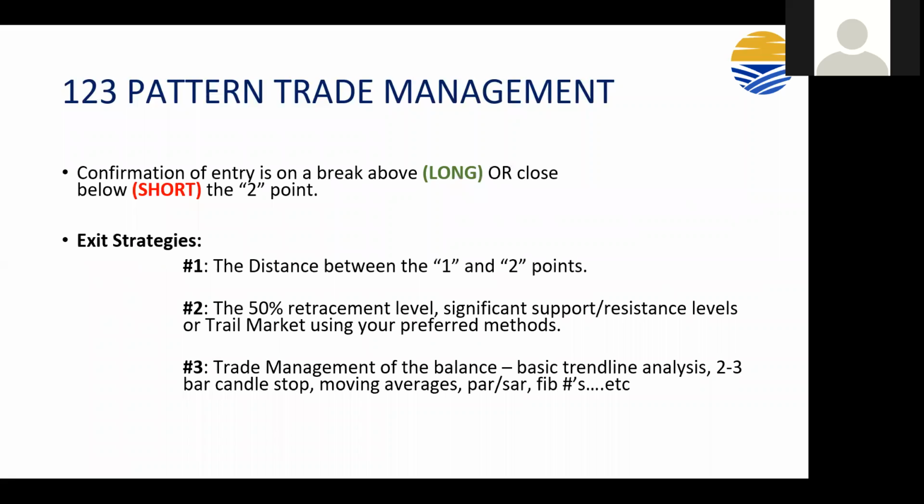So let's talk about 1, 2, 3 pattern trade management. Again, the confirmation of entries is a break above the 2 or B point for a long, or a close below the 2 or B point for a short. Exit strategies. If you're only trading one contract, one futures contract, one option contract, whatever it is you're trading, I would say strive for the distance between the 1 and 2 until you have the ability to trade multiple contracts, because it's uncanny how more often than not, it will often go tag that level to a tick